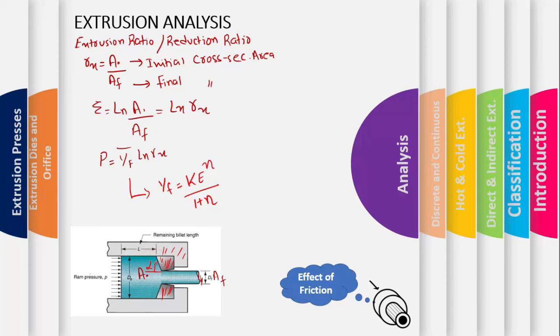If this die angle is smaller, it means our die surface would be like this. Instead of ending here, it will end like this. So if we have a lower die angle, the contact area of the work material and this die will increase, and ultimately there will be more friction while extruding. So although the process will be smooth, it will require more force while extruding a material. But if the die angle is further increased,